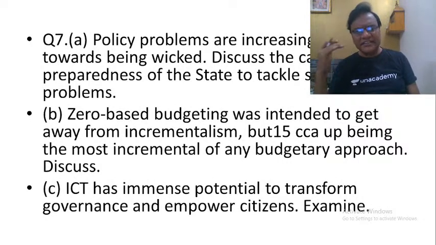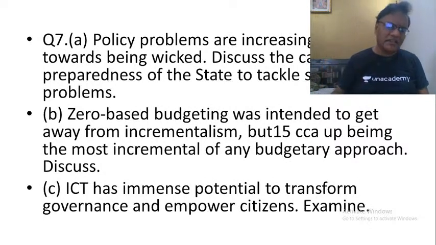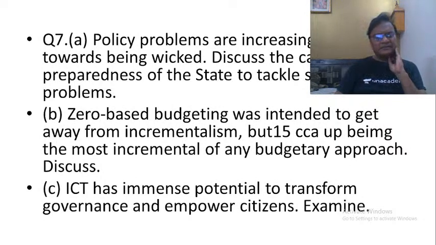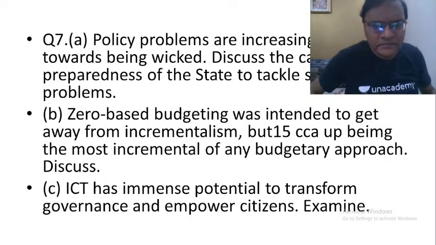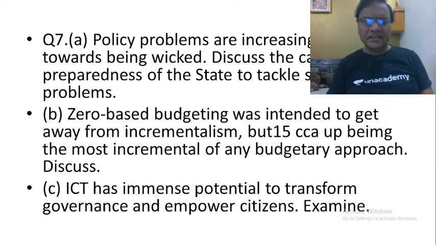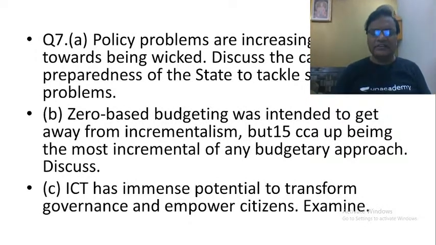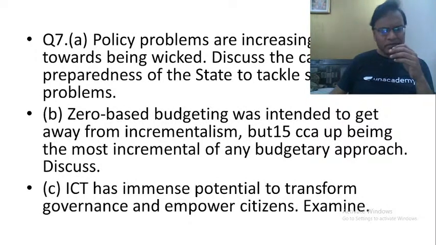Now, discuss the capacity and preparations of the state to tackle such problems. Whether the state has the capacity to tackle those problems. Let us try to give some examples for it. Take the case of economic growth versus sustainable development. What is the problem here? Whenever the government is coming out with a policy, it must ensure rapid economic growth because that is the only way to reduce poverty. But the question here is that to ensure this rapid economic growth, we must make sure